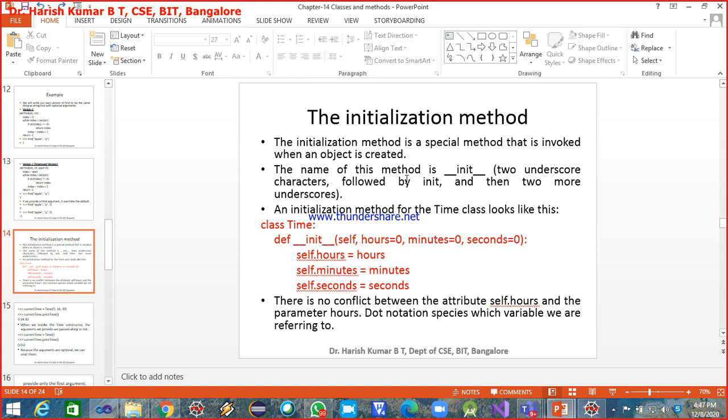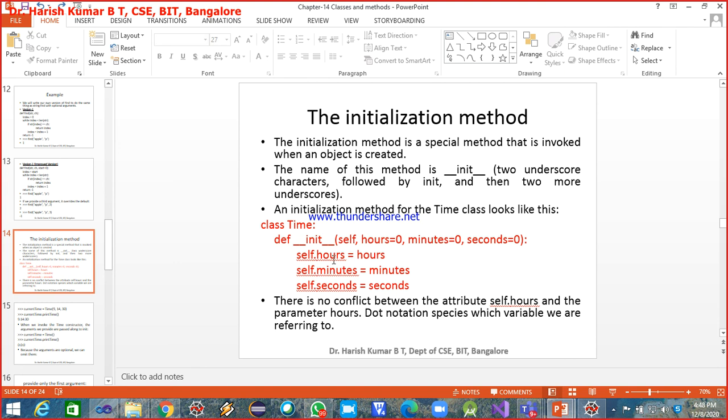Now, the initialization method. A class should have a constructor. Whenever you create an instance of the class, say for example a time class, you can create an instance by just writing t is equal to time. Whenever you do this, this method will be called by default.